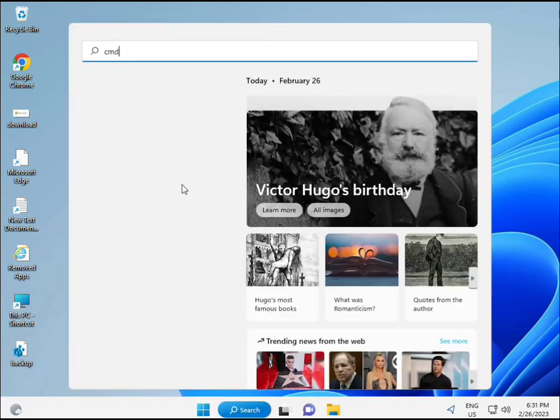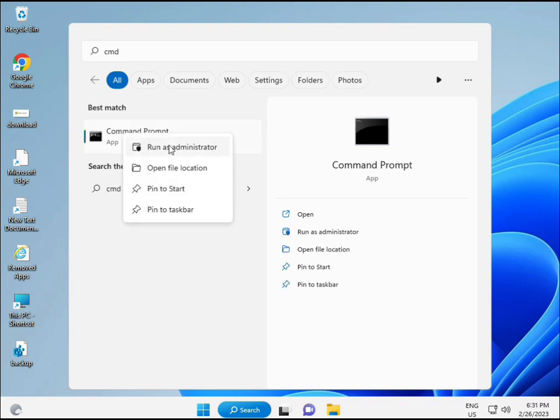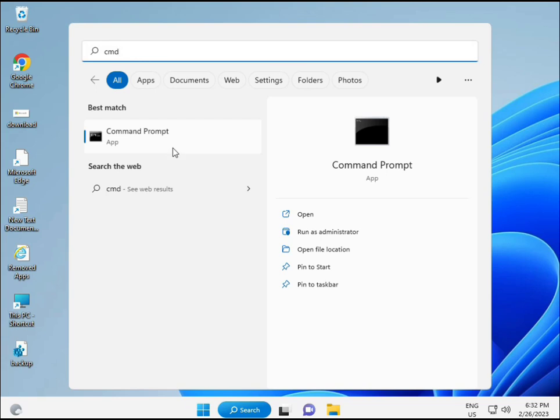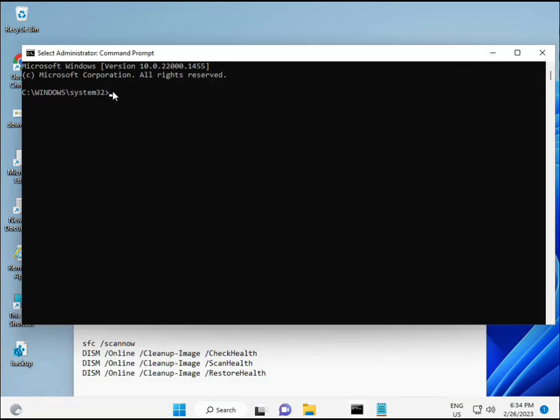Then guys, click the Start button and type CMD, and then press Enter. You can try to run as administrator: right-click and choose Run as administrator, so you're giving full permissions. Okay,